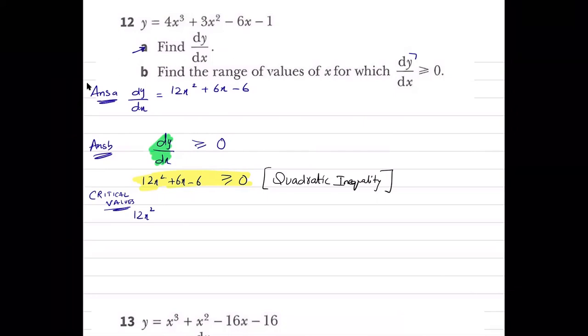Is it 12x minus 6 and x plus 1? 12x square minus 6x. Sir, are you asking about the minus 6x final answer? I'm asking about the middle term over here. 12x minus 6x.